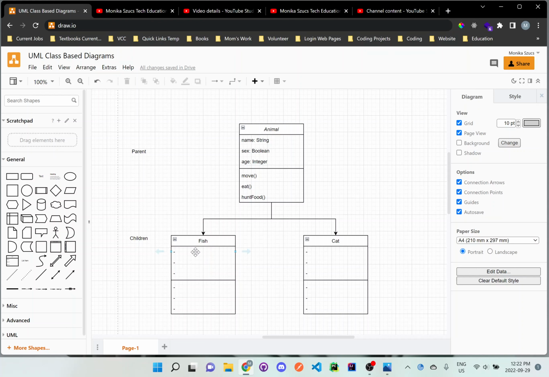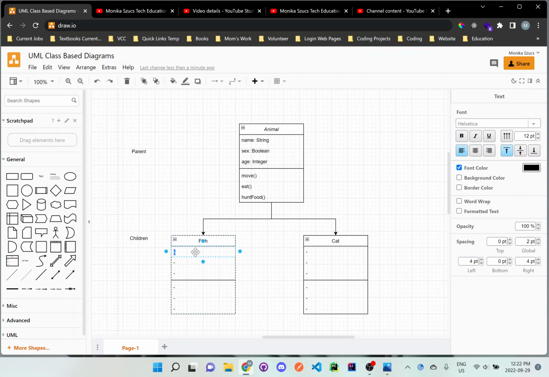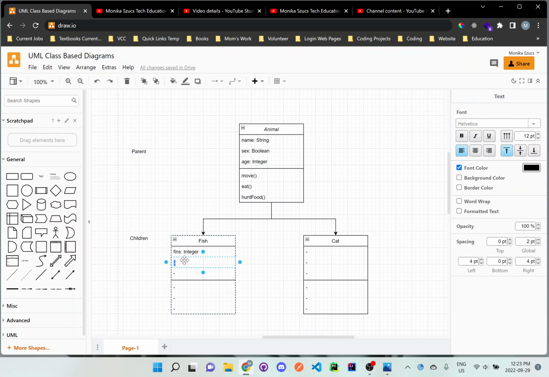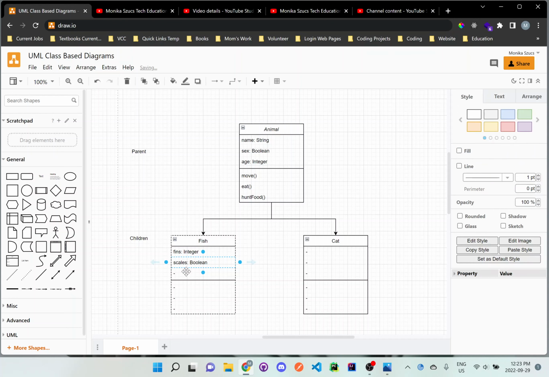Now, let's look at one of the children, which is the fish. So let's say, does this fish have fins? And we could say, is it an integer? So true or false? Integer. There we go. So maybe, how many fins does this fish have? So we'll use integer. And then we'll say, okay, does it have scales? And that could be represented as a Boolean. So true or false, does this fish have scales? And then maybe, does a fish have, let's see,